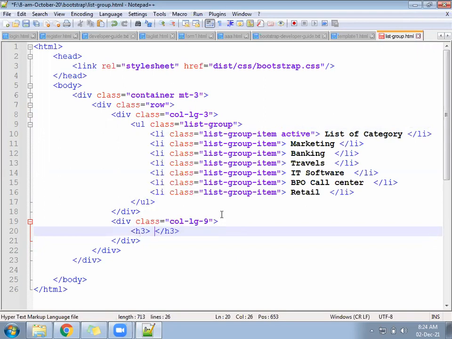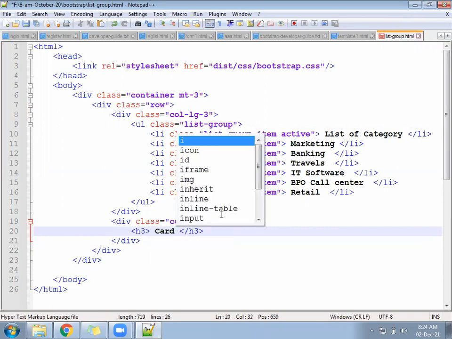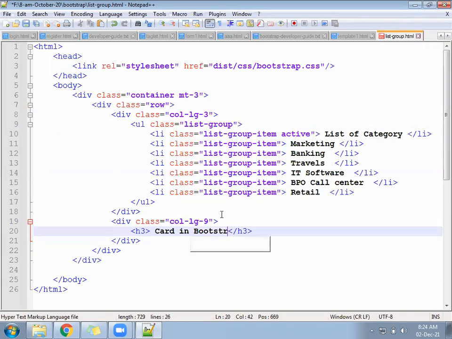Under the H3, we'll write card in Bootstrap.